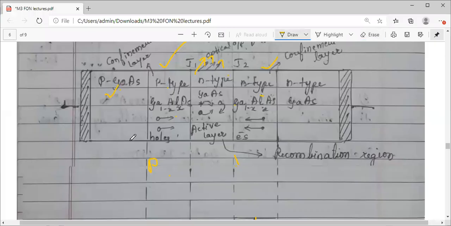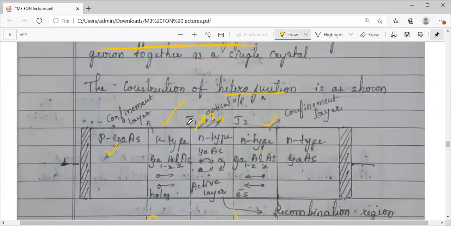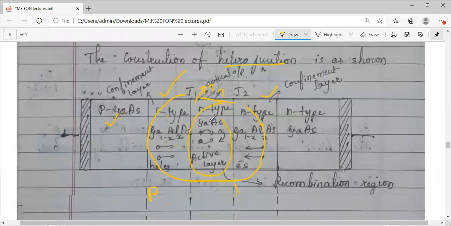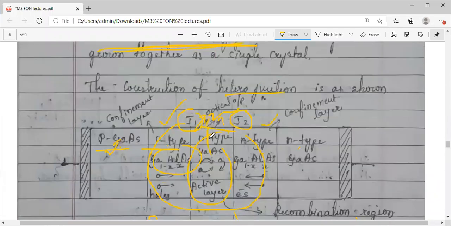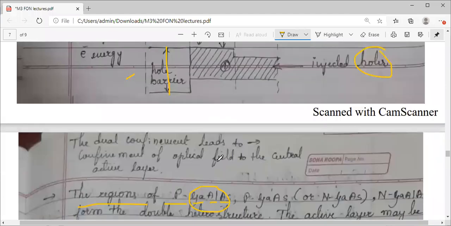So we were discussing this heterostructure. In this, we can observe we have three important layers here. The center one is the active layer within which the recombination is taking place, and because of this recombination you are getting the light as the output. So this is important. You are having two junctions here. You are using the alloys. No doubt lattice parameters are same, but with different band gaps. Band gaps being different, you are getting the structure. It is possible that you are getting the light.